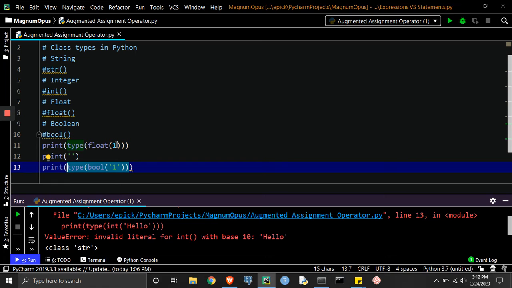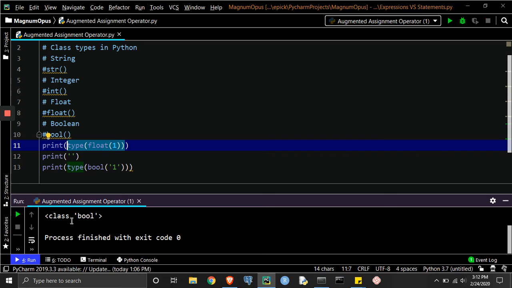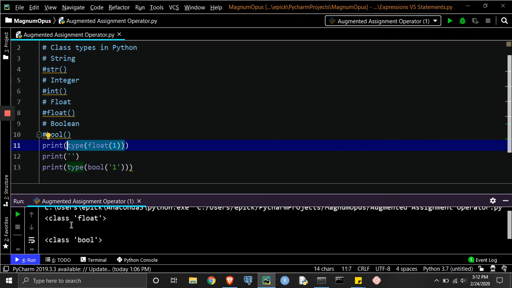And then again, we're doing the same thing here, an integer value, and let's say we want to transfer it into a float value. What we could do is say, hey, Python, go ahead and call the type, let's see what it is. So if we were to run that, what we're getting is a float and a bool. Now, for those that do not know what a float or a Boolean value is,